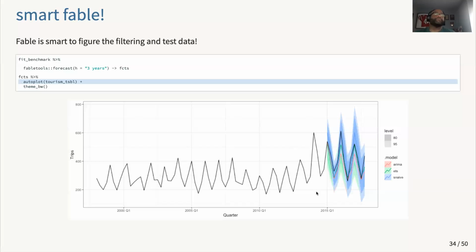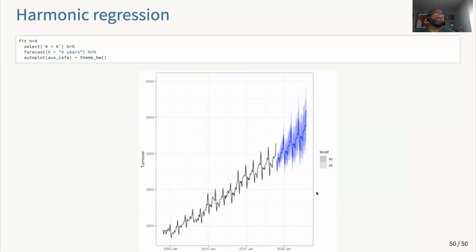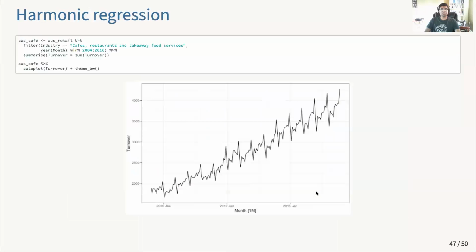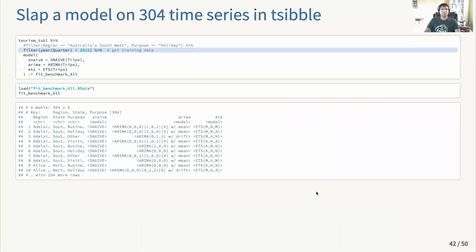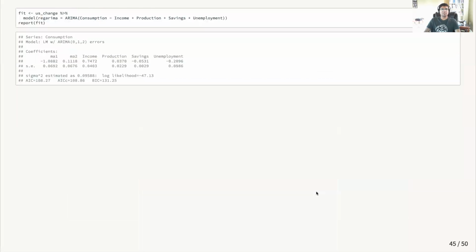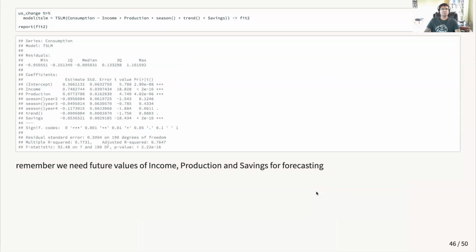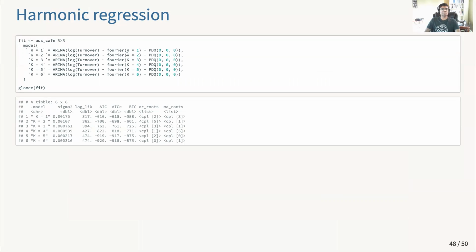Which is what I've tried to show here. Right here. So yeah, I'm forcing the seasonality to be 0, 0, 0. So I'm telling Arima, don't do anything with the seasonality. Get all the seasonal power or explanation from the Fourier models, right?